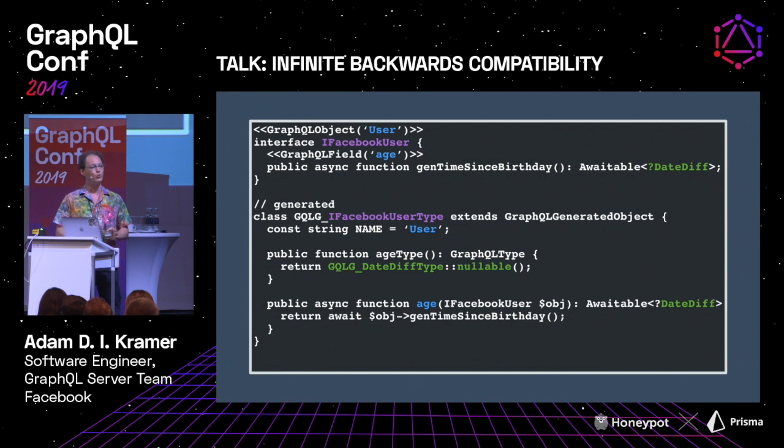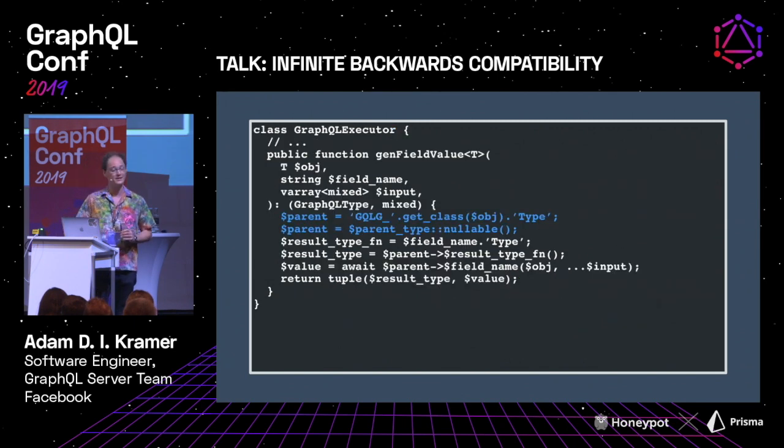Seems pretty cool. What does it get us? Here's what it gets us. It gets us an executor that's only 6 lines long. Obviously, this is a lie. It's much, much longer than this. But this is really all we actually need. Everything else is,